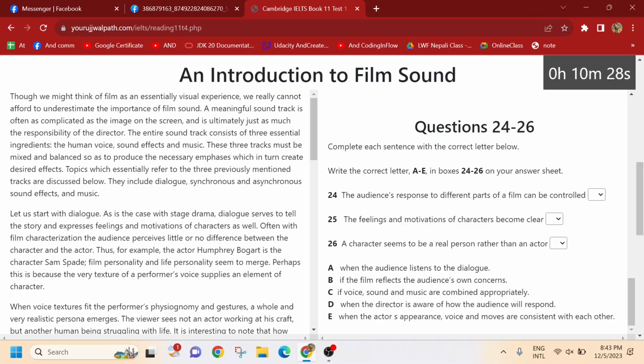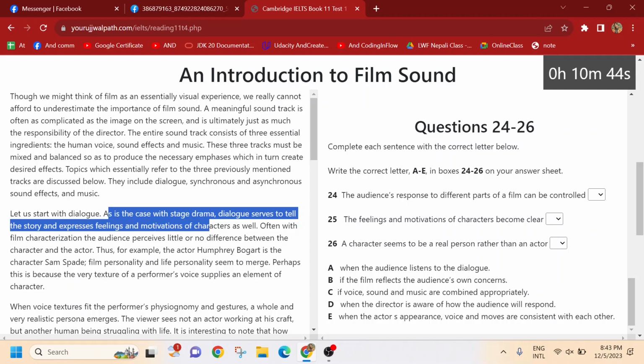So let's dig into this line more. As is the case with stage drama, dialogue serves to tell the story and expresses feelings and motivations of characters as well. So it means dialogue helps to express motivations. The feeling and motivation of the characters become clear. So we found that line, and based upon this, let's see the options.